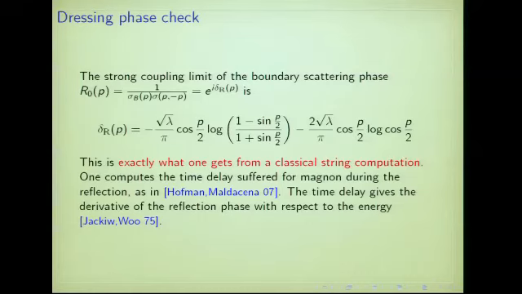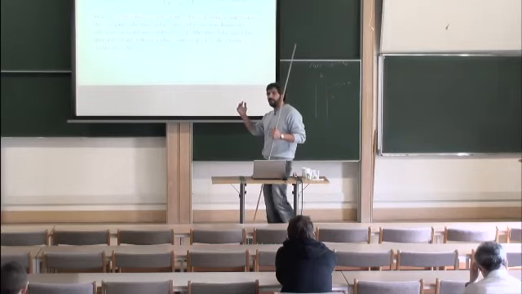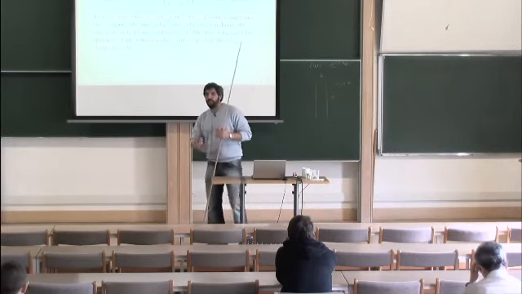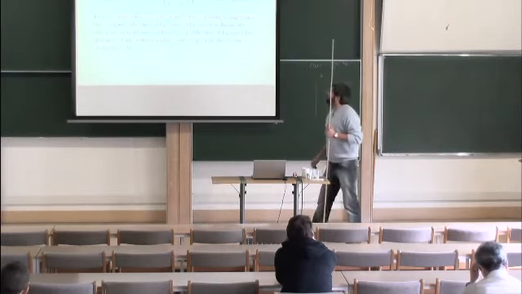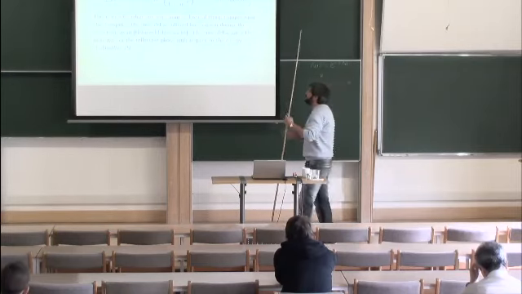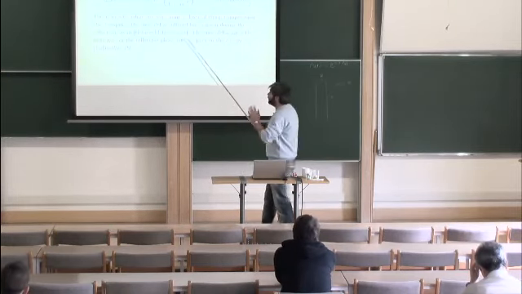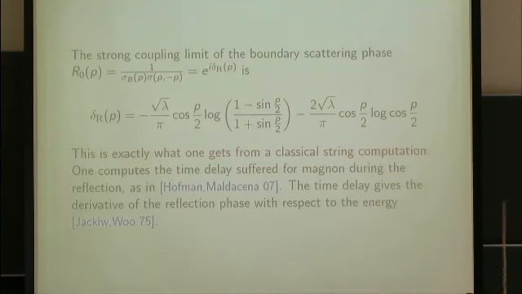We didn't, but another strong indication that this dressing phase is correct is that, as we will see, it has a particular pole in the mirror theory, which was crucial for the TBA to give the correct answer. So the TBA verifications are another check that this is correct. But that's right, in this case we don't have as much as there was for the bulk scattering dressing phase. So it's a minimal check, but it is what we have so far.